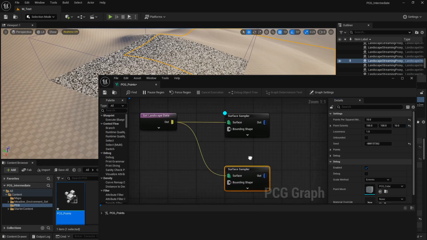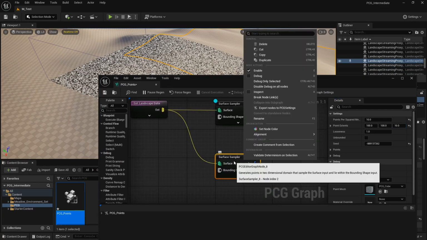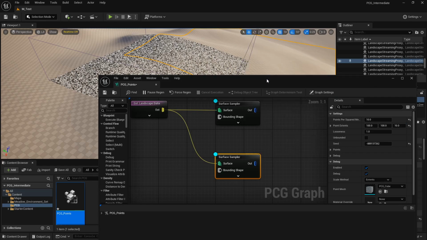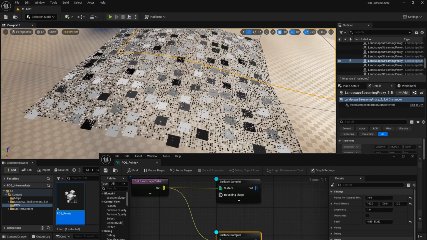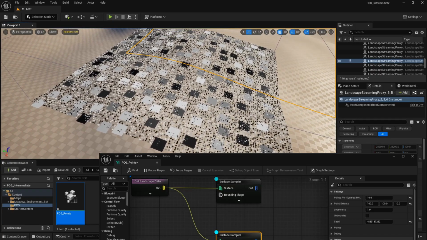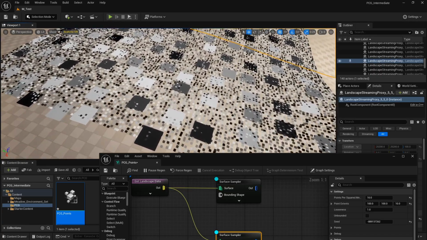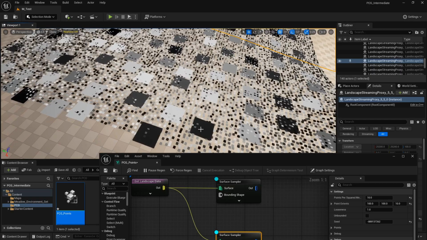So all I need to do here is just right click on the second surface sampler and simply select debug. And now you'll notice that we have these volumes showing up over here. Now the idea is that we will take each of these points, and wherever we have these smaller points overlapping with the larger ones, we will simply cluster them